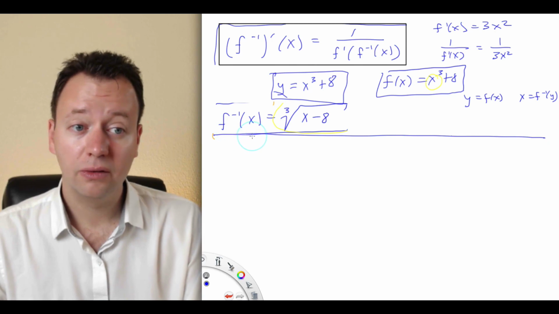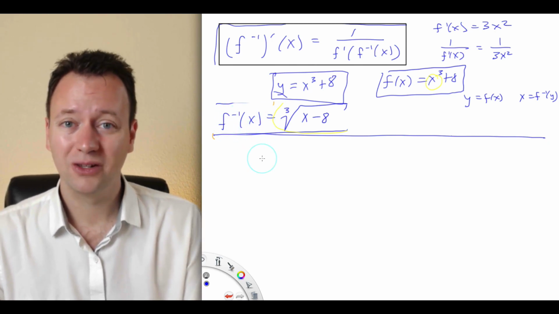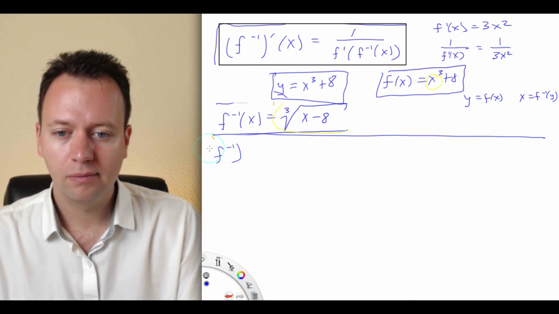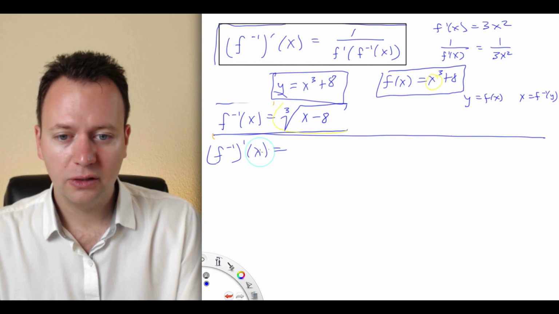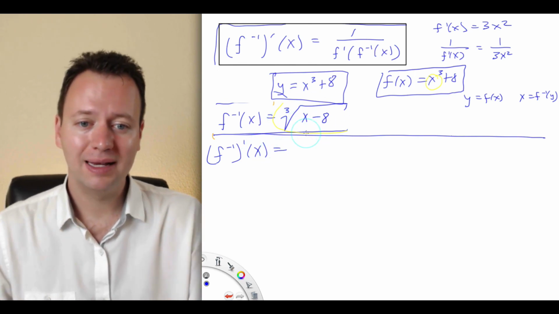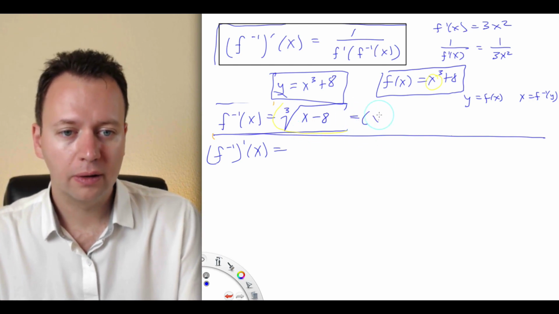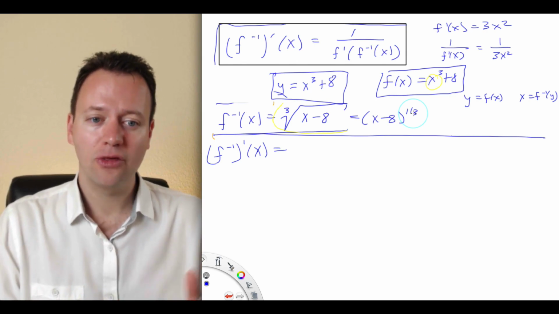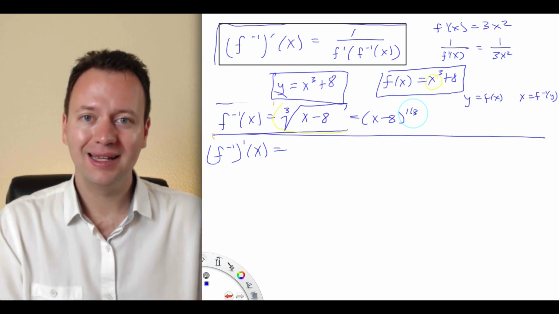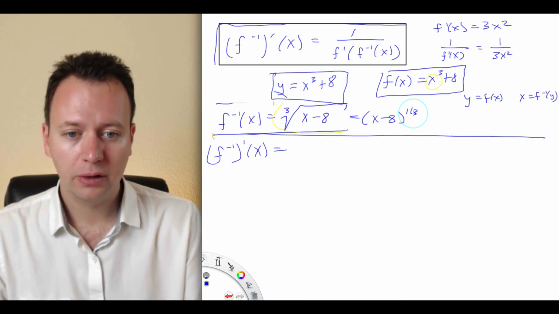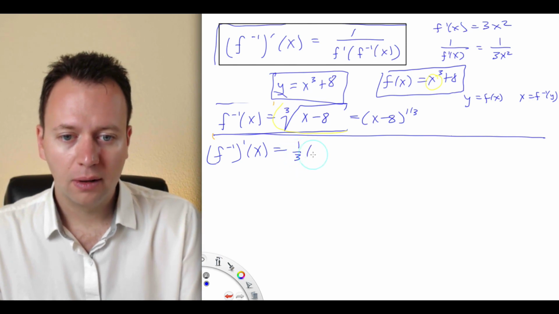All right, so we can compute the derivative of f inverse directly. So this would be what you would do without using this formula. So f inverse prime, well, that's no more difficult than just taking the x derivative of this equation. So we have x minus 8 quantity to the 1/3. Recall that the cubed root is just that thing to the 1/3. So it's going to be 1/3 x minus 8. Then we subtract 1 from the exponent, so 1/3 minus 1 is negative 2/3. So we get 1/3 x minus 8 to the negative 2/3